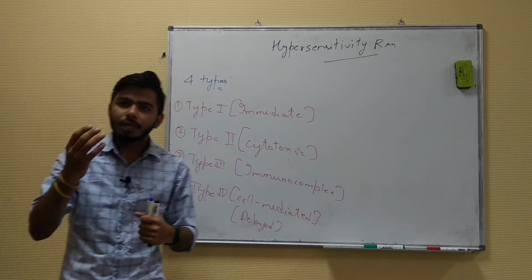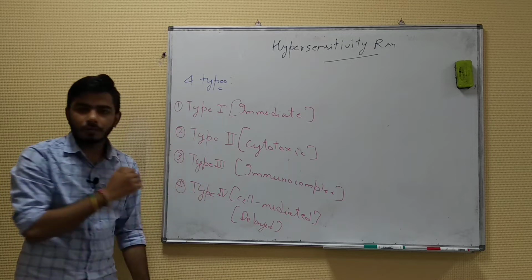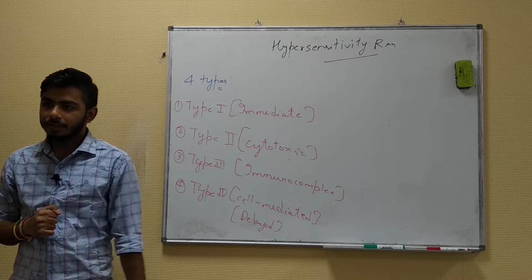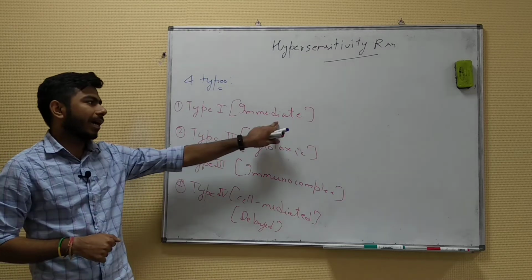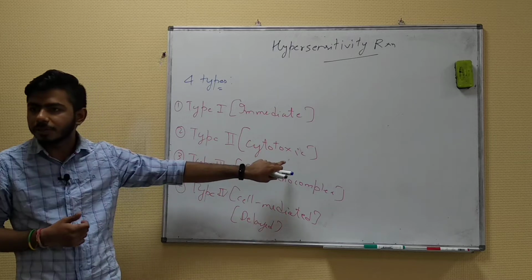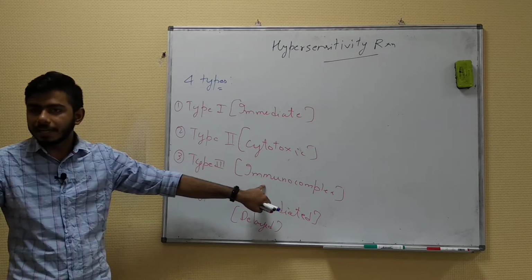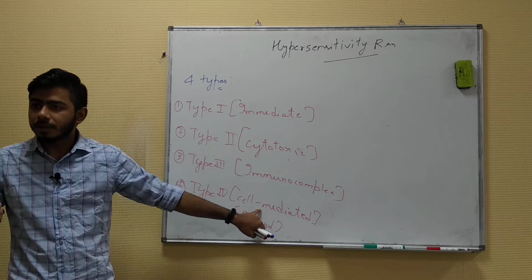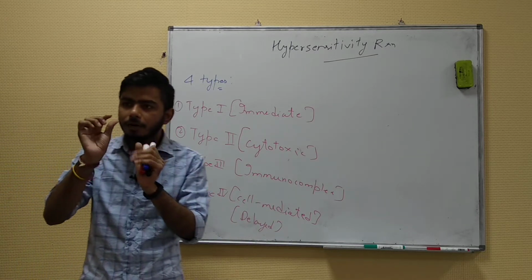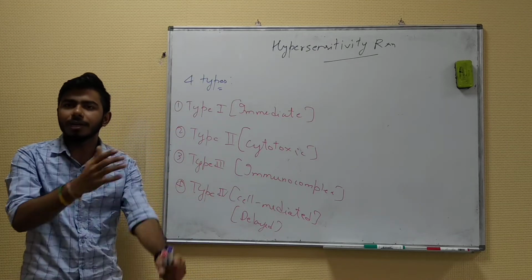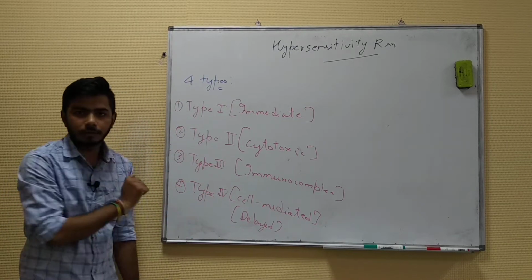They will not give you the types, type 1, type 2, type 3, type 4. What is the option? They will give you examples from these hypersensitivities. For example, they will give you allergy or asthma in the first option, Goodpasture syndrome in the second one, SLE, systemic lupus, in the third one, and they can give dermatitis. So you have to know which kind of example belongs to which kind of hypersensitivity. In this case, dermatitis will be the correct answer.